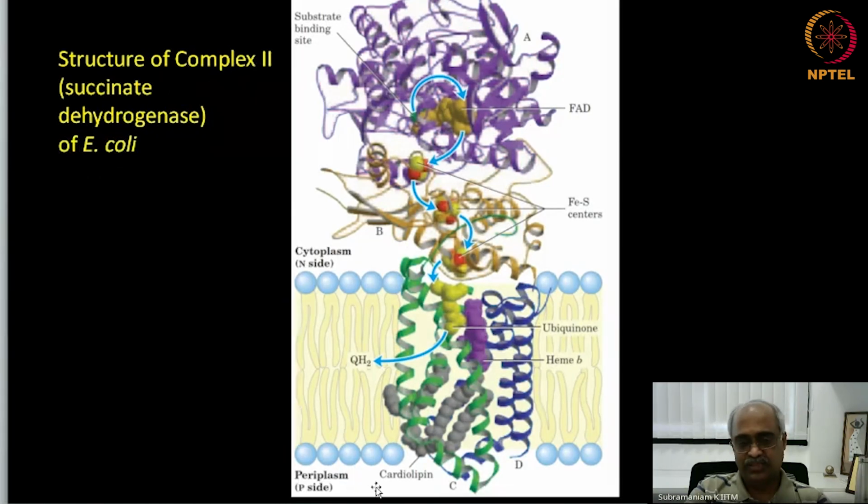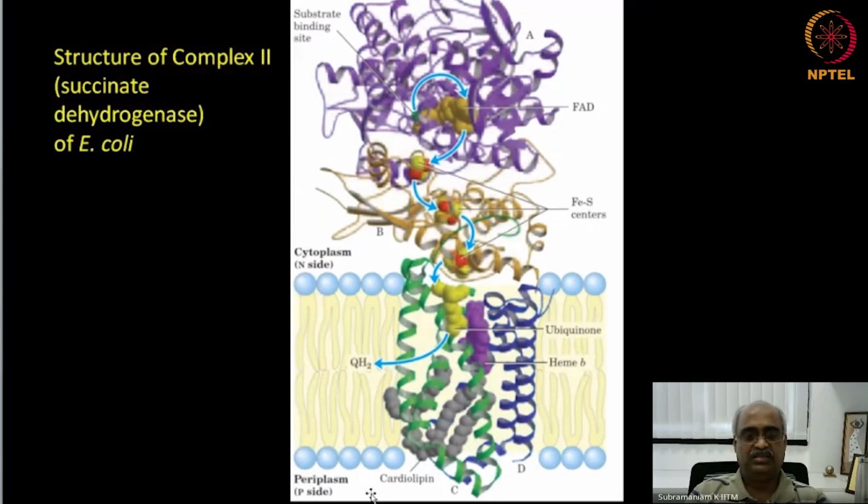And this periplasmic space is the space outside the plasma membrane of E. coli, but still not the outside medium. It still has the cell wall, etc. So that space between the cell wall and the membrane is the periplasmic space. This periplasmic space behaves like the mitochondrial intermembrane space. So the intermembrane space equals the periplasm in E. coli. Here the P side does not mean periplasmic side, it means positive side, like the charge is positive,